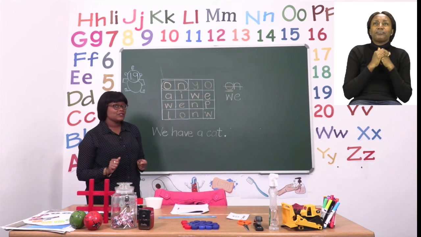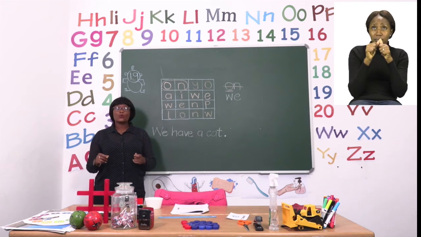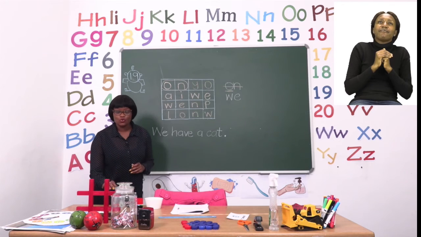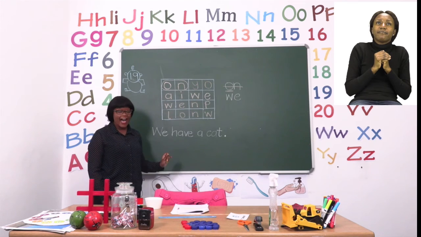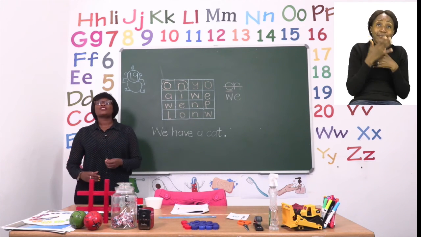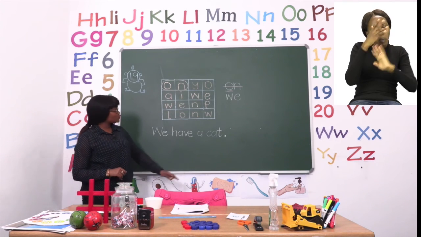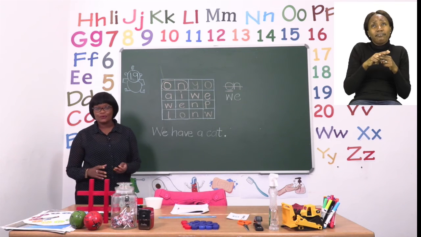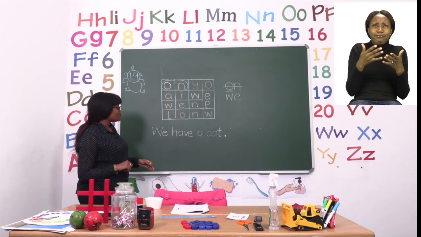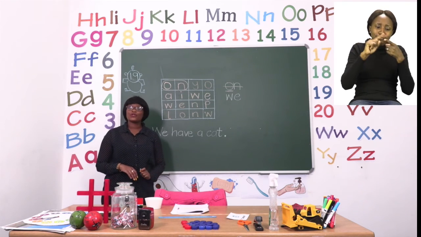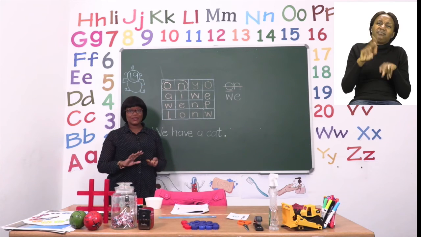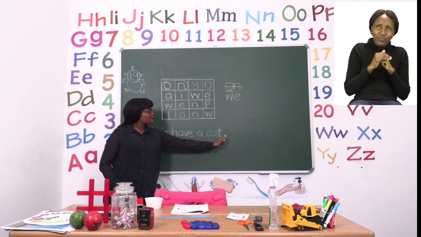So when you're making your sentence, you first say it out loud. We have a dog. And then after that, I want you to write it down. We have a dog. And then when you are done, read what you have written. I use the word cat, but you can use any other words, so long you know how to spell them. So you're going to make two sentences, one with the word we and one with the word on. Take your time with the sentences. Make sure they make sense when you're making them in your head, and don't forget to put your full stop.